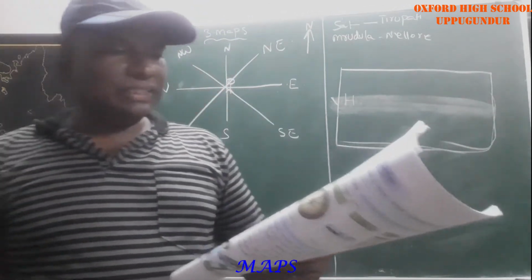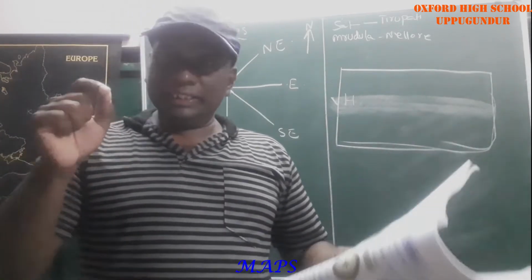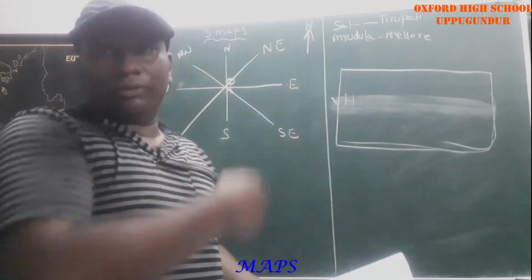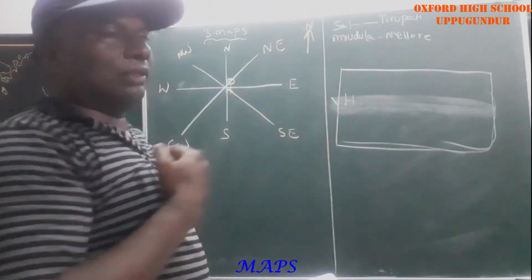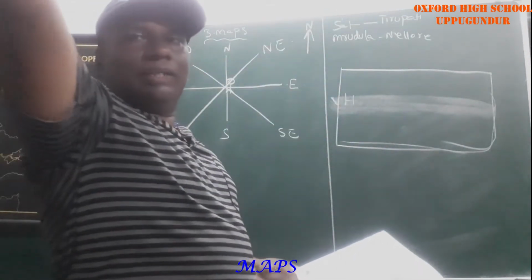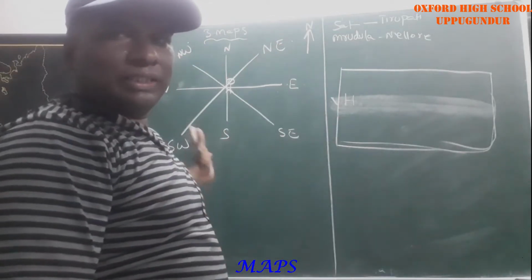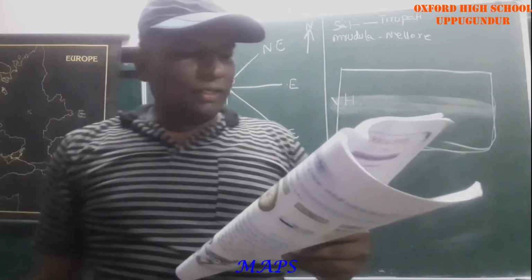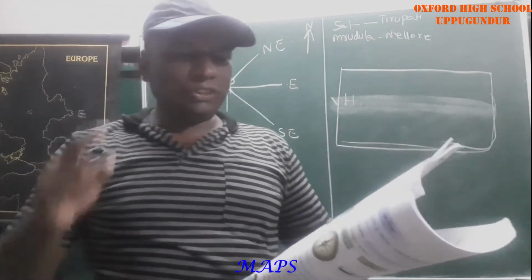Okay na? So I will read out the directions. If you stand just opposite to the sunrise, that means you are facing the east direction. I showed you already. So the sunrise is in front of you, that is east. Your back is west direction. Then your right side is south direction. Your left side is north direction.